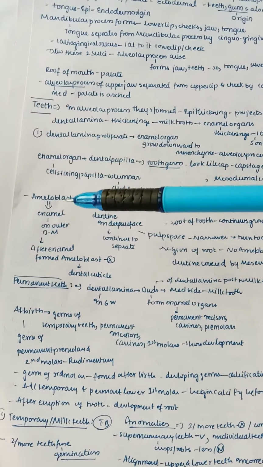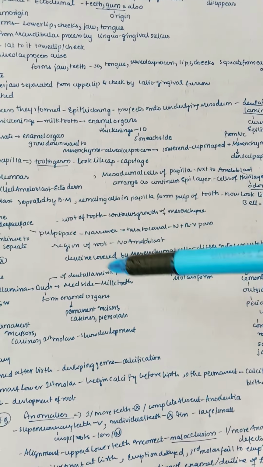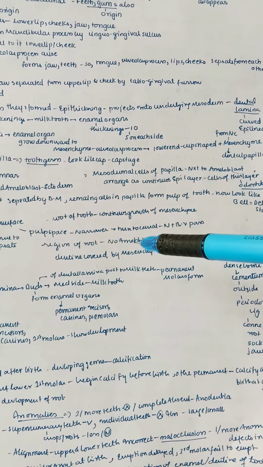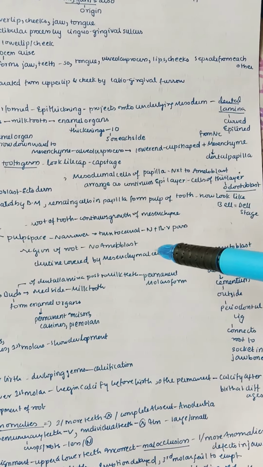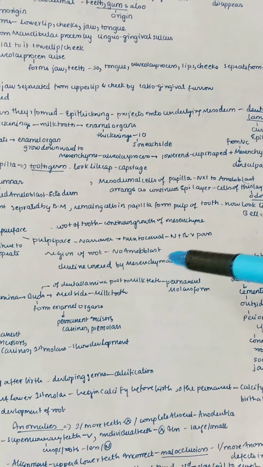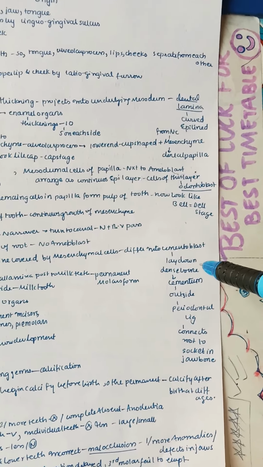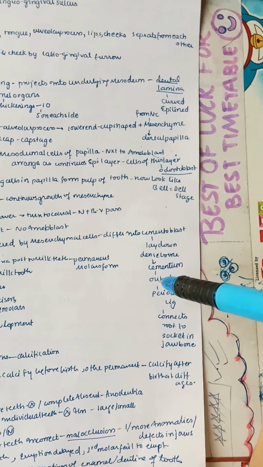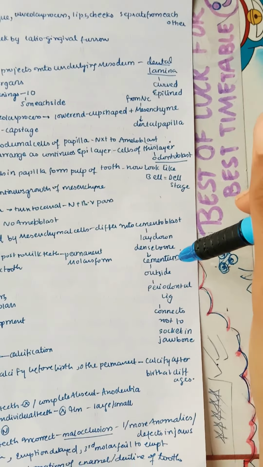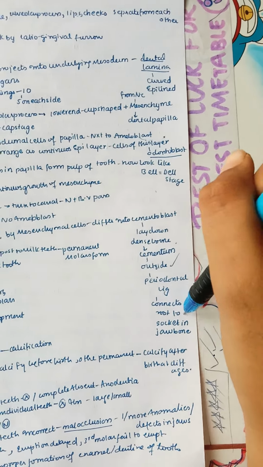And next, the root of the tooth. There is continuous growth of mesenchyme, and the pulp space becomes narrower and turns into the canal. Now nerves and blood vessels start passing into it. The region of the root has no ameloblasts, and the dentine is covered by mesenchymal cells that differentiate into cementoblasts, which lay down the dense bone called cementum outside. It has the periodontal ligament, which connects the root to the socket in the jawbone.